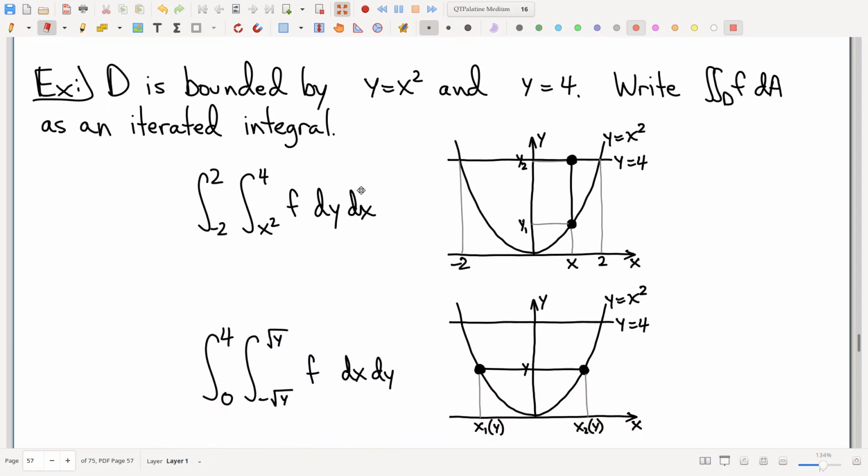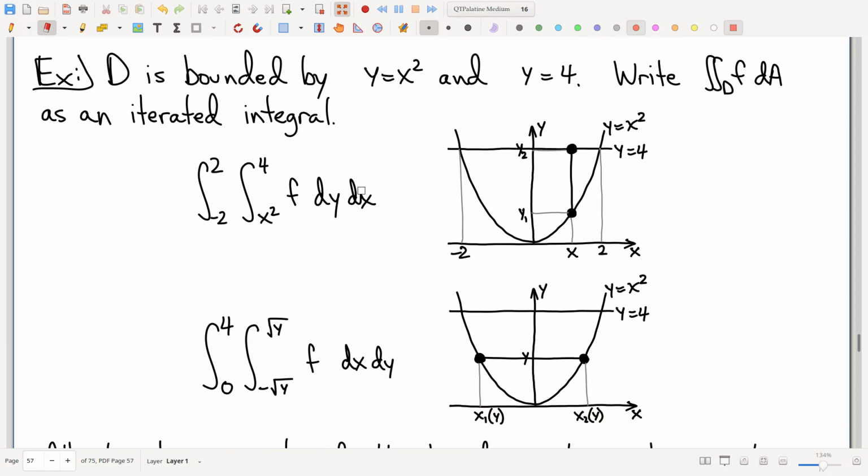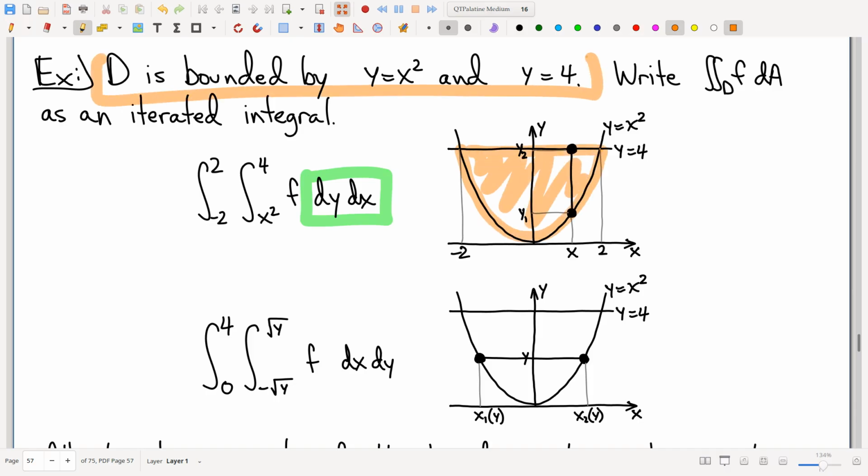Here's another example. This is actually two examples. There's a moral to the story on these two examples. I'm going to skip to the moral part. So I'm going to leave it as an exercise for y'all to do the first half of this. I claim that if you do dy dx for this domain, this region here, bounded by those two curves,